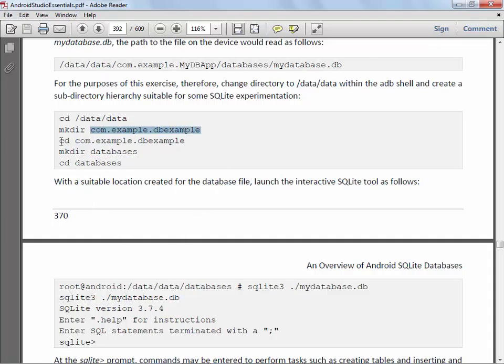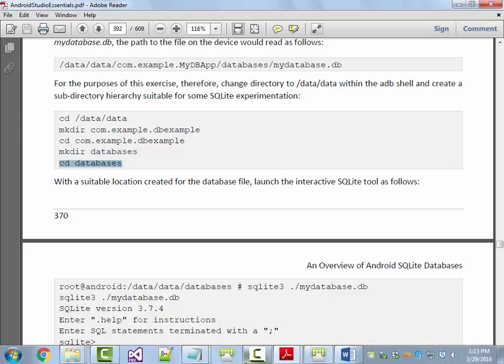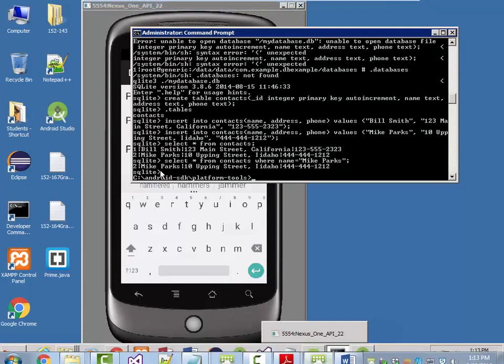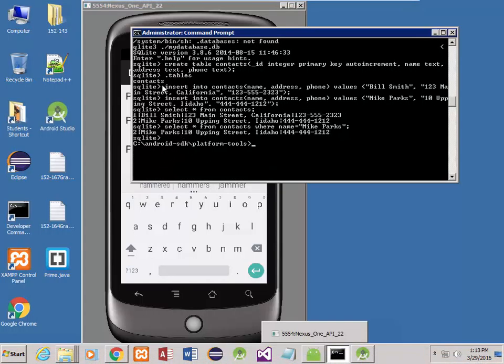And then change to that directory, CD is change directory. And then underneath there, make another directory called databases and change to the databases directory. Once you've done all that, if you follow their steps, you're ready to go and start